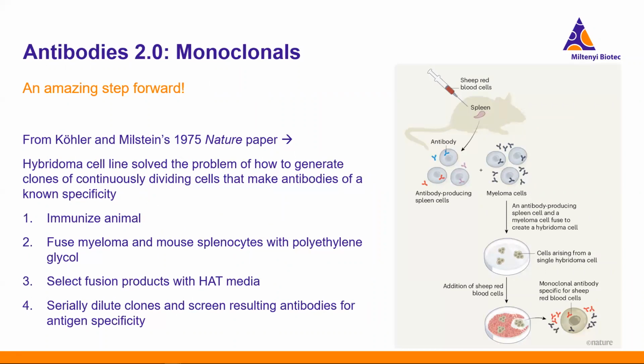So to create these hybridomas, the animal is immunized and its splenocytes are collected, and then they're fused with a myeloma cell, and a myeloma cell is just a malignant B cell. And to do this, they use a selective media called HAT media. And in this media, anything that isn't a fusion of these two cells, this little baby Frankenstein cell, will die. Then essentially you can just dilute these until you have one cell in each well.